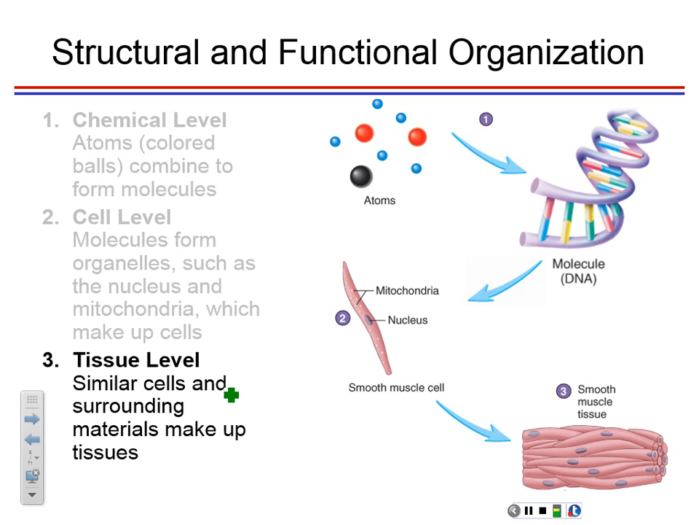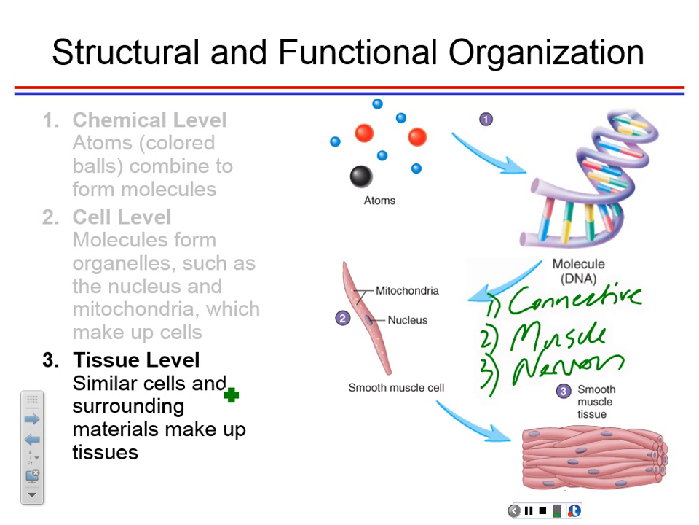And then similar cells together with some extracellular matrix that binds the cells together make up a tissue, like a muscle tissue. In the body, we have 4 main tissues, which are connective tissue, the muscle tissue, and the nervous tissue. And the final one is epithelial tissue, which lines all our organs,